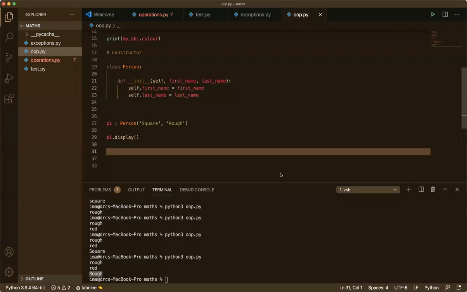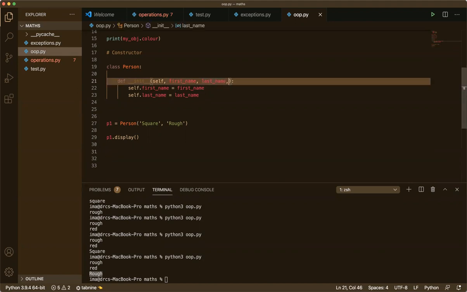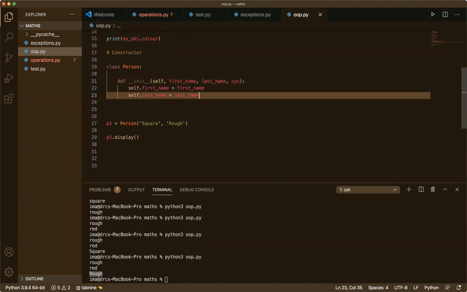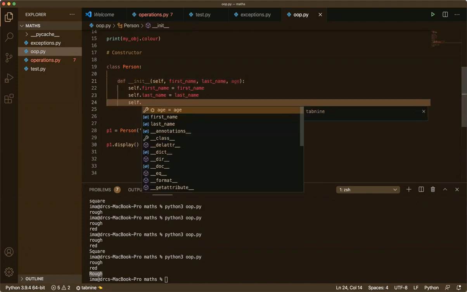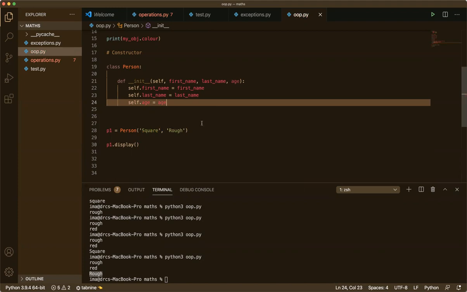We have a class called person, right? And that person class has two members. We have the last name member, first name member. Let me add age member, right? Self dot age equals to age. Okay, so now